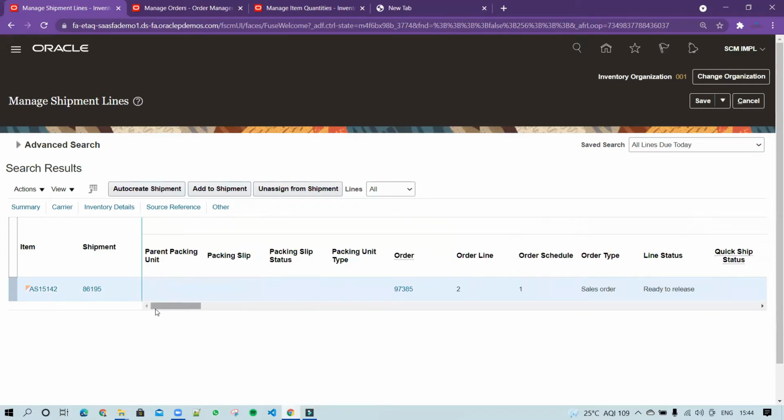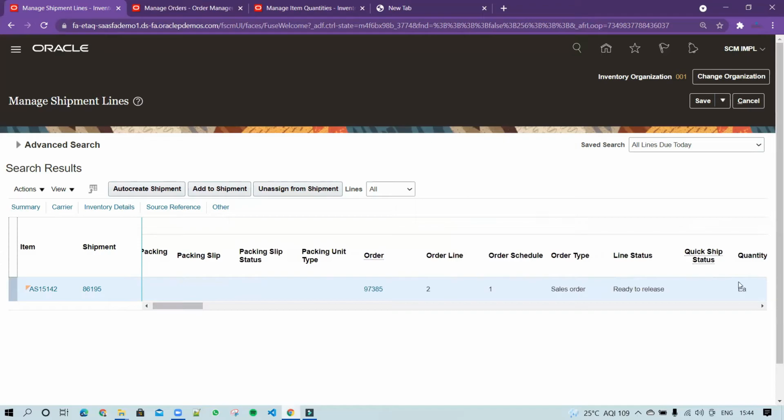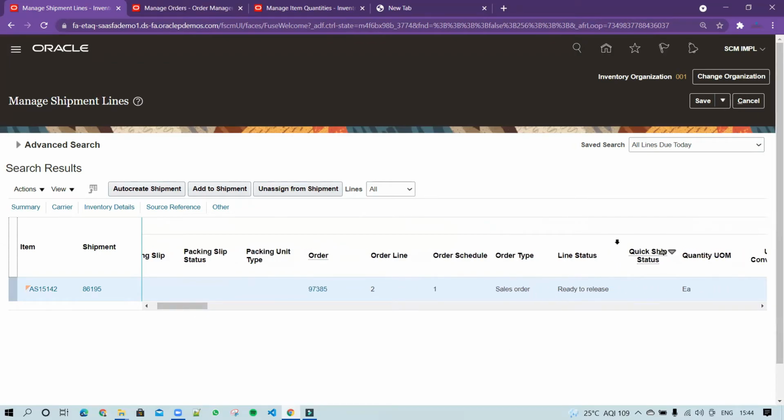Now we'll go through this slowly and we'll show you. So you can see the quick ship status. Currently the quick ship status is not enabled for this. And you can see the line status is currently in ready to release status. After ready to release, if you are not staging that line,